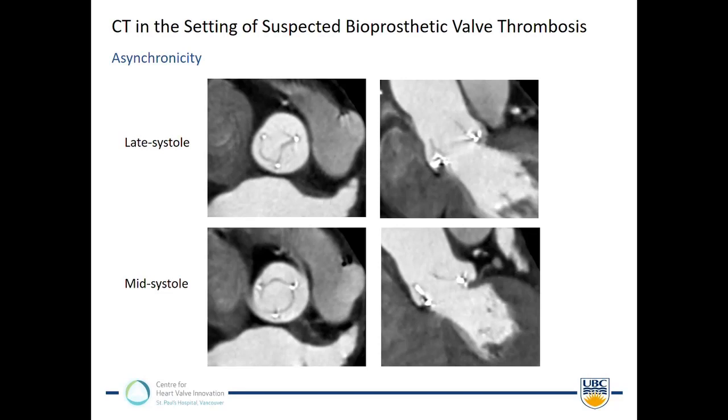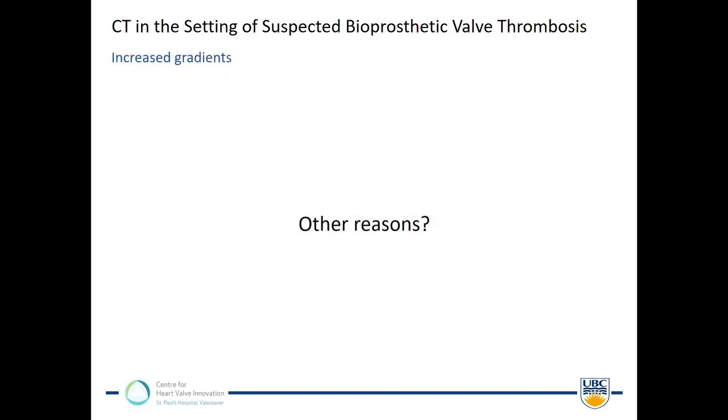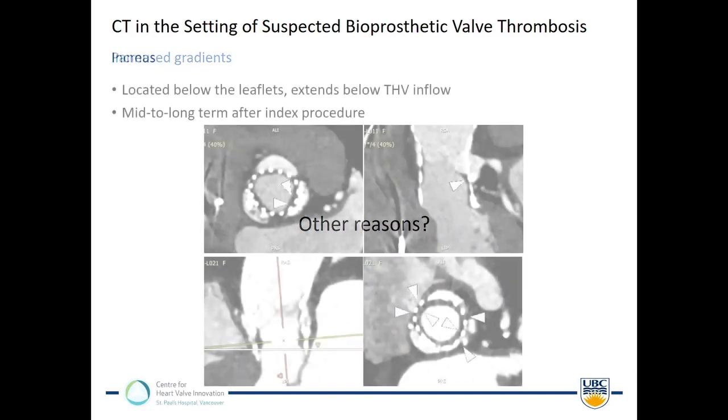And here's a case of a surgical bioprosthesis. In late systole, you see that 2 leaflets are still open, 1 is already closing, and that's a very common phenomenon, that there's an asynchronous motion. In mid-systole, all 3 leaflets are fully open. So if I had only 1 frame, I may misinterpret that as leaflet restriction. I think that would be an overcall or an incorrect diagnosis, so I would stay away from that. If you have a finding of leaflet thickening, then I think it's correct to also grade the degree of restriction, but not without thickening.